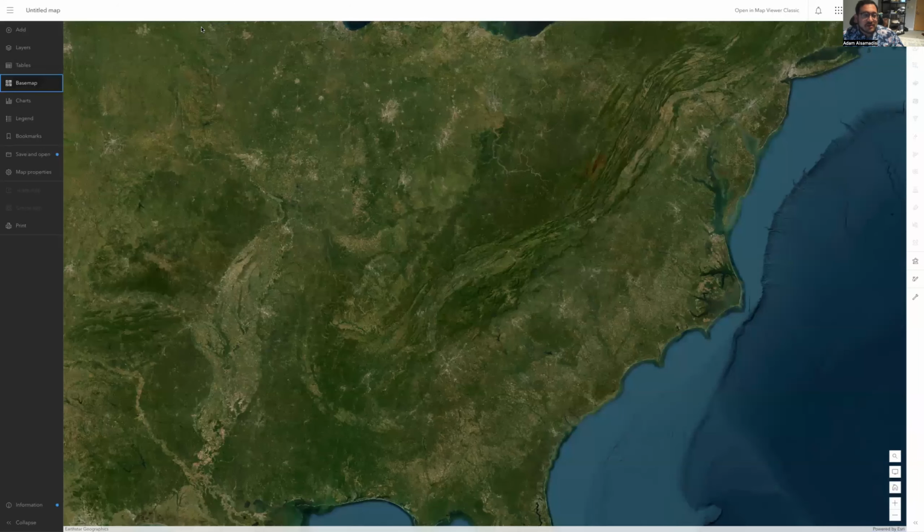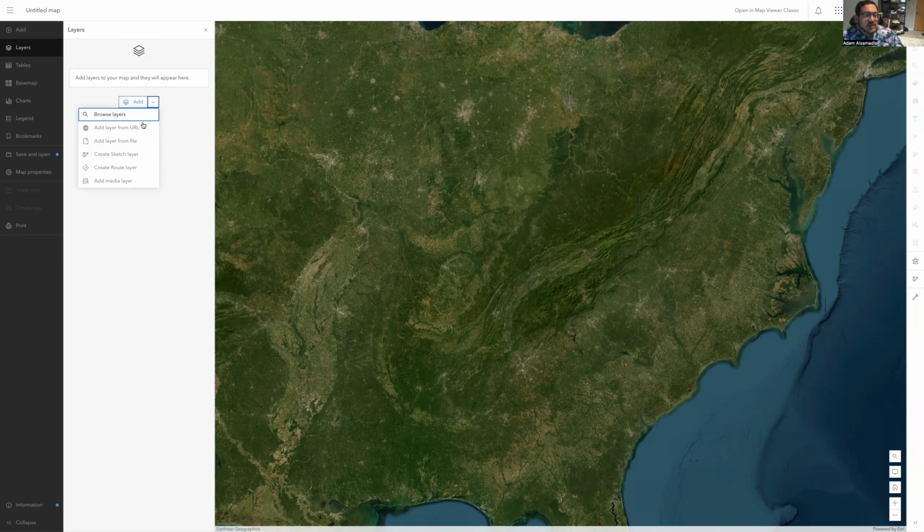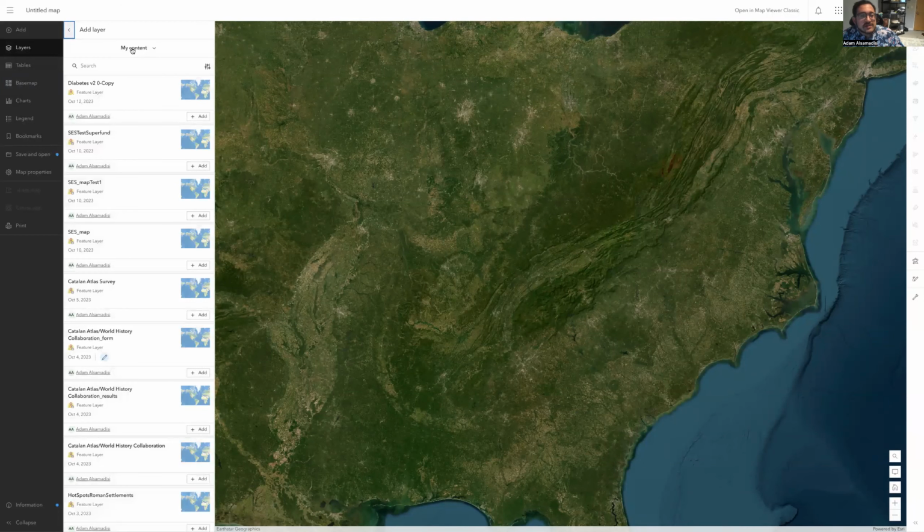So first thing I want to do is add my biome. I'm going to go to my layers, and right now I don't have any layers. I just have a base map, okay? So I'm going to add one. Now, the cool thing about ArcGIS is that it has access to so much geographic data. So if I browse layers, you can see it says My Content, okay? That's the default. Now, I have content. I'm a content creator on here, if you will, but